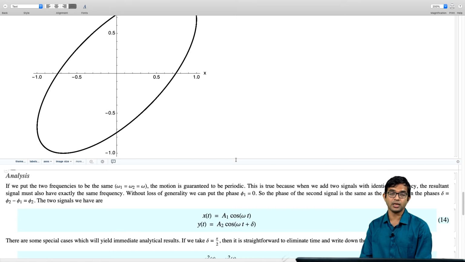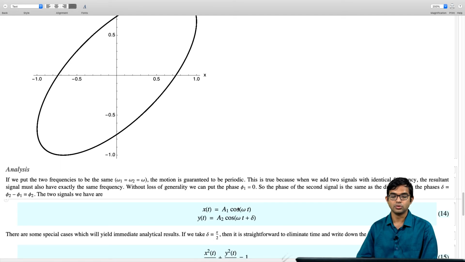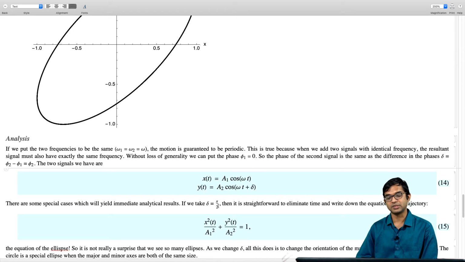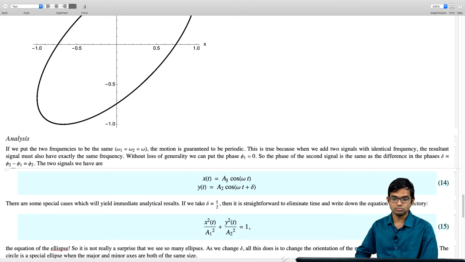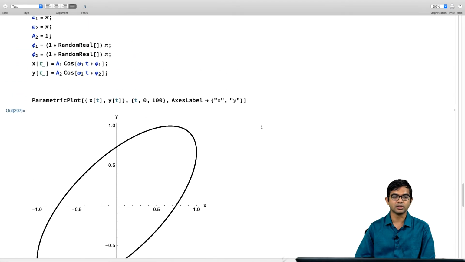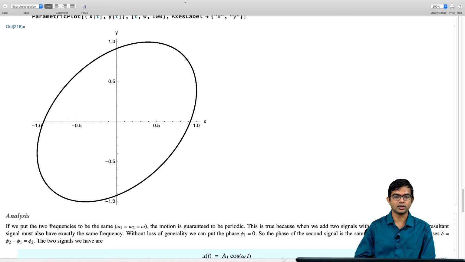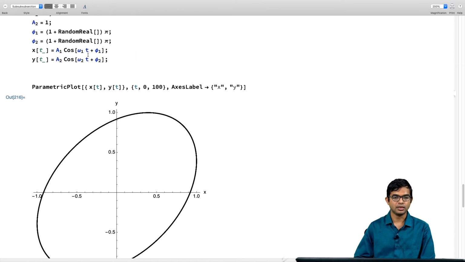So if you take x of t to be a1 cos omega t and y of t is equal to a2 cos(omega t plus delta), right? Then you see that for the special case of delta equal to pi by 2, you can simply eliminate omega t, and you can extract this curve, which turns out to be an ellipse. So that's why it's not a surprise. If you try out some other set of parameters, if you do it again, once again you're going to get another ellipse and so on. You'll get many ellipses.